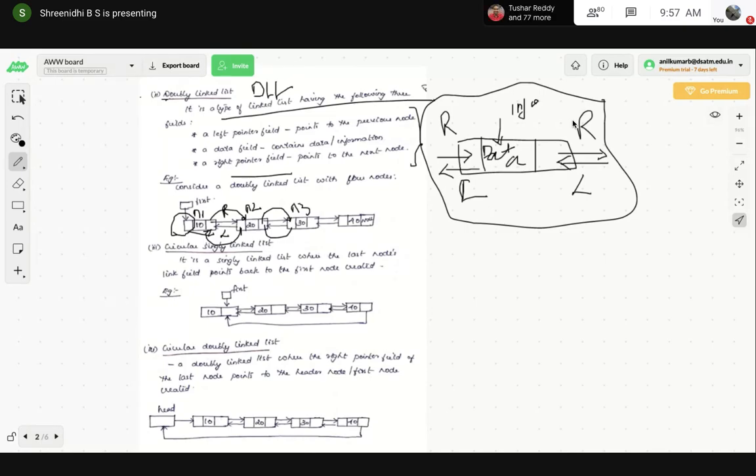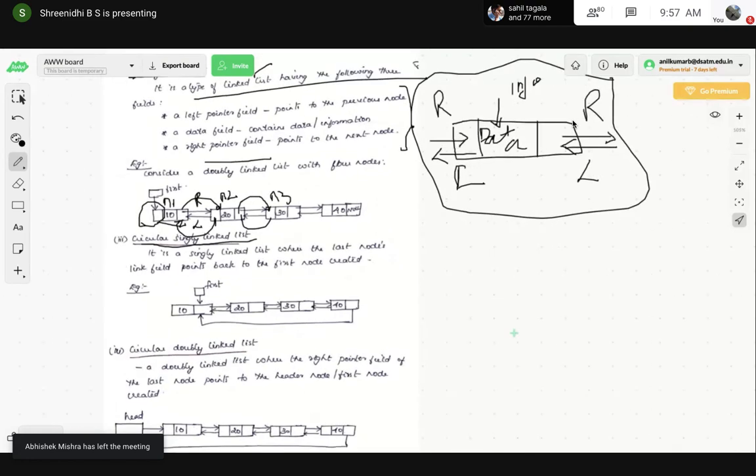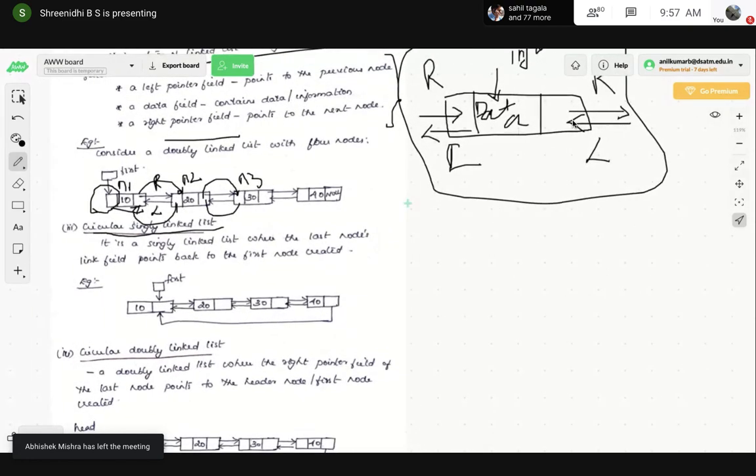What will the circular linked list do is my question now. So here is the circular singly linked list. Be careful. Circular singly linked list. CSLL we call it as. Circular singly linked list.